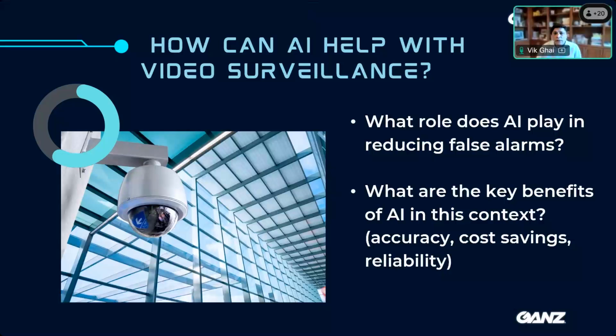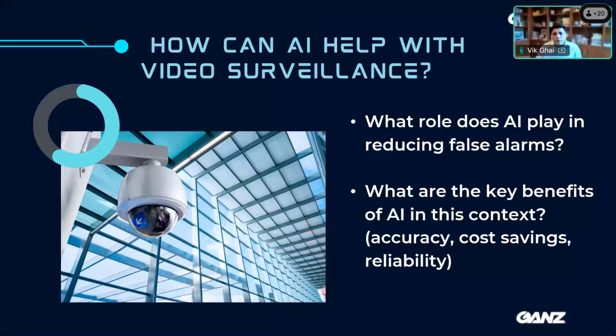So why do you care? What are the key benefits? AI dramatically reduces threat detection time while reducing false alarms. Think about it. Reducing the time to detect a threat is very important for any security response, while reducing false alarms. And it spots the difference between a real intruder and harmless environment, leading to more precise alerts. It immediately hits the bottom line. The cost savings of fewer false alarms cannot be overemphasized. And it also reduces the need for constant human monitoring of hundreds or thousands of cameras, so you can actually cut some of the labor costs.